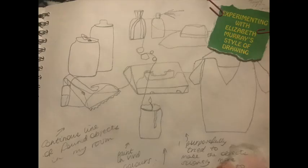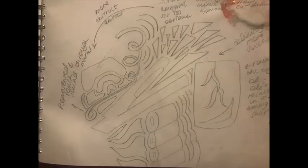So with the process of both of these drawings, I did find it very, very challenging, because ever since I first started drawing, I was sort of programmed to draw in a way to represent the object that was in front of me, so I had to make it as lifelike as possible. So with this process, I did find it quite challenging, but then as I eased into it with the second piece, I definitely felt that it was a lot more fluid and a lot more natural to draw the way